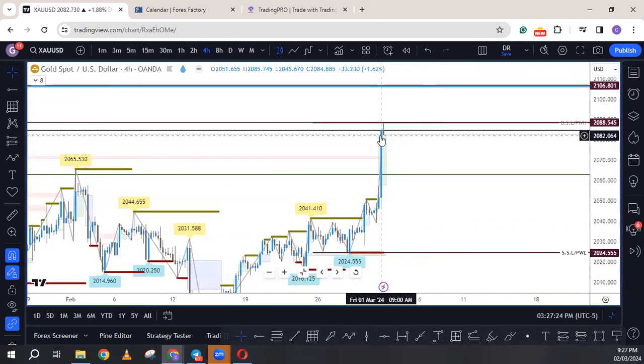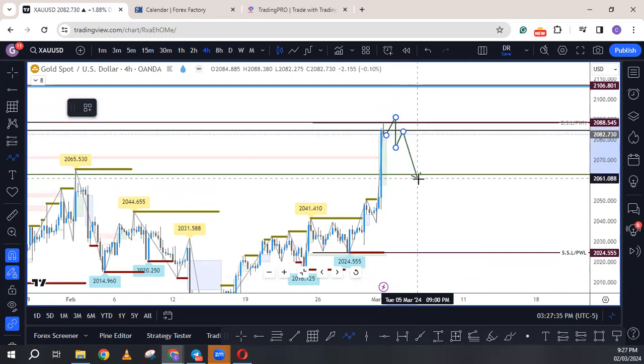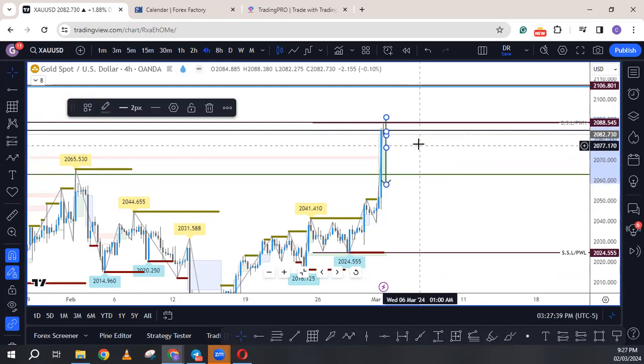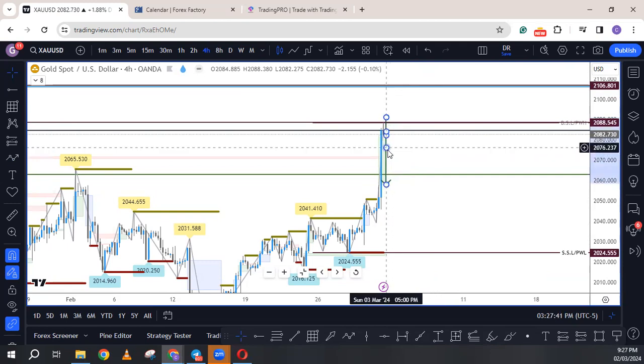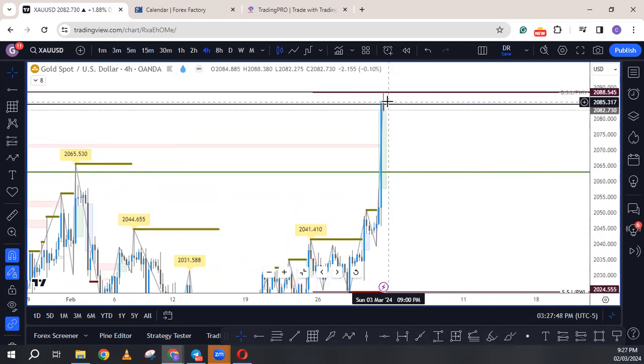That is, this will retrace to the downside, but first, then continue higher. But if price does something like this, spikes here, then you're going to see a retracement to probably fill this. So if gold is to continue rallying, I wouldn't want it to attack the high at 2088.54. I would just want it to retrace first, then find bullish evidence within this 4-hour fair value gap to continue